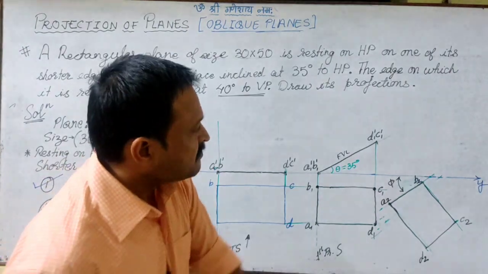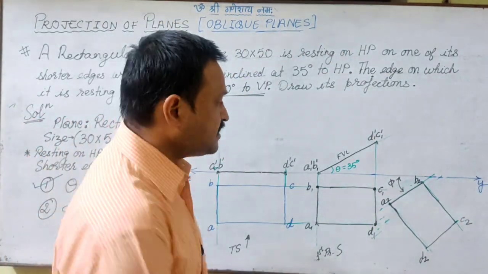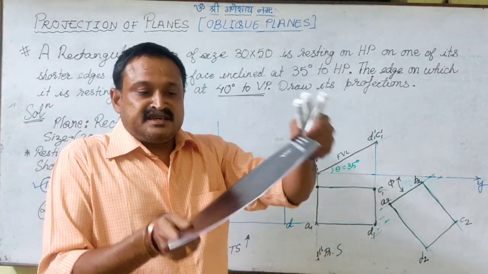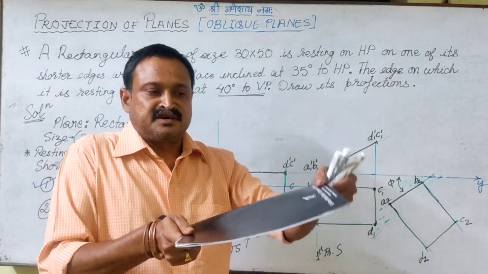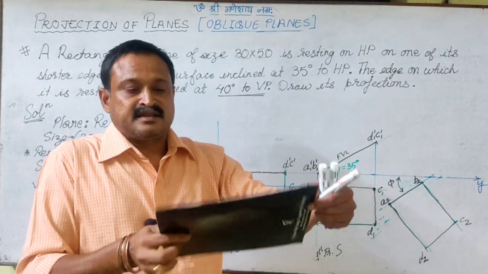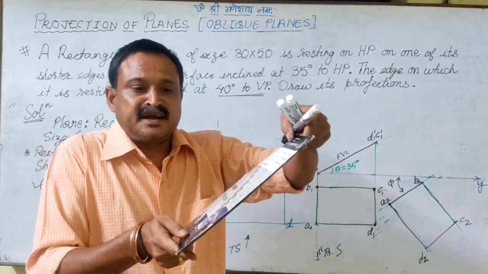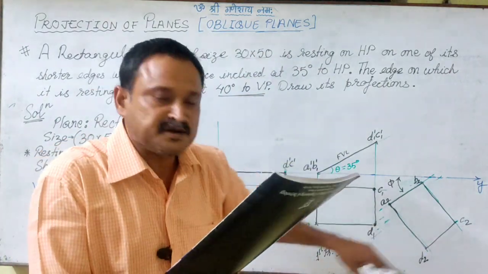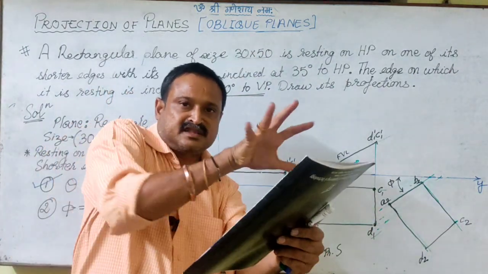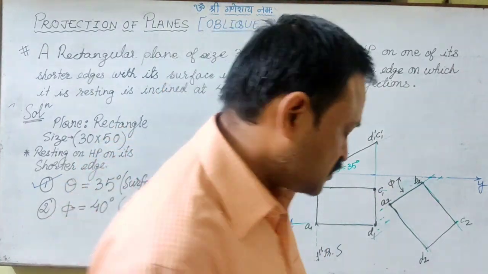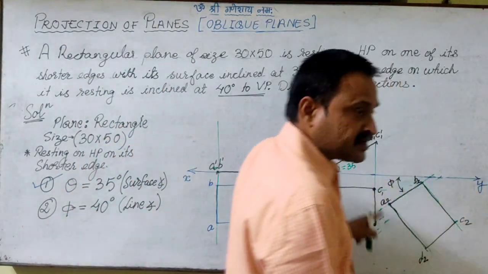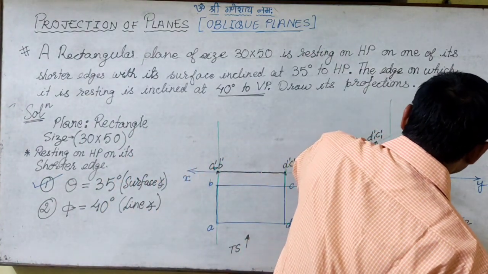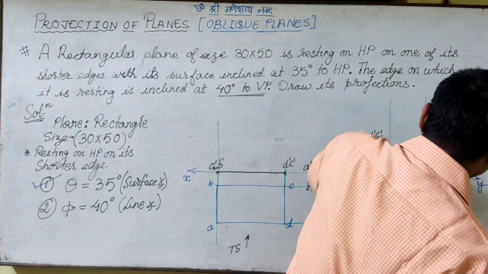Now we will go for the final front view. So for the final front view, what we'll do? So this was the first condition, this was the initial condition. Then we put the first condition, right? Then we put the first condition and now we give it the second condition. So for the second condition, we have drawn the top view and now we will project it for the final front view. So now we will draw projectors from all these corners, A2, B2, C2 and